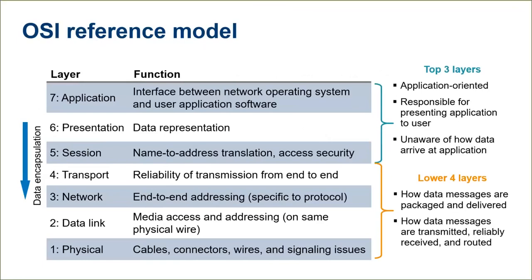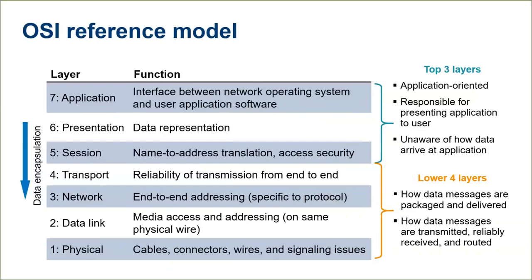The Open Systems Interconnection, or OSI model, is the product of the Open Systems Interconnection project at the International Organization for Standardization. So a lot of OSIs and ISOs. It is a description, characterizing and standardizing the functions of a communication system in terms of abstract layers. Similar communication functions are grouped together into logical layers, and each layer provides services to the layer above it while receiving services from the layer